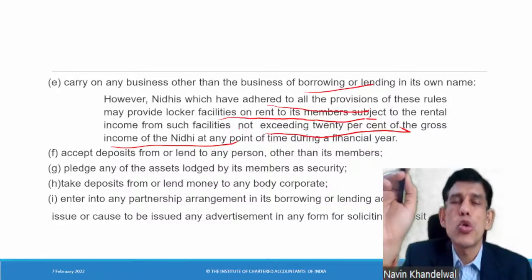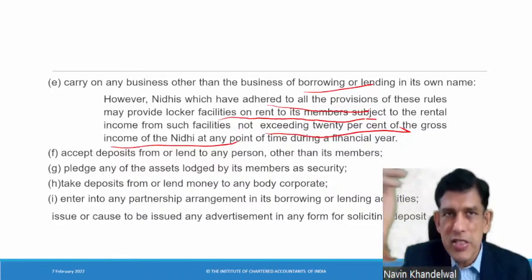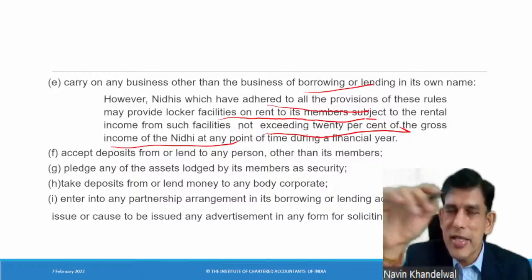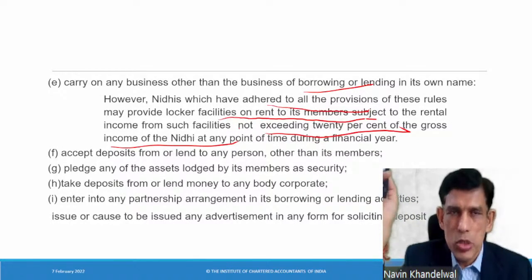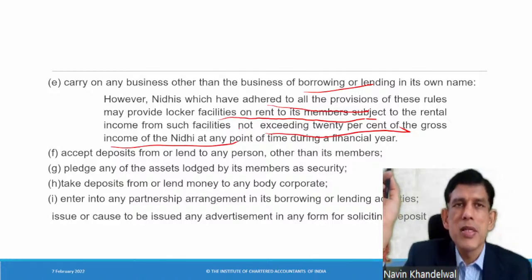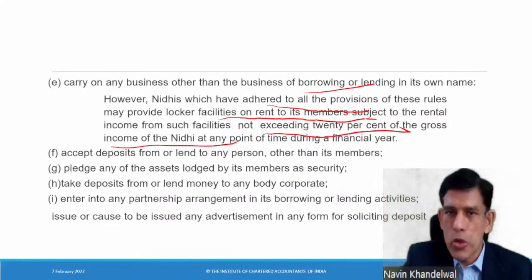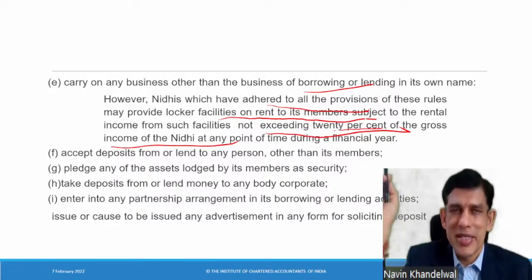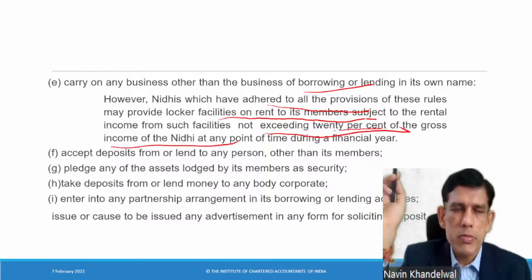This is important. So this exam question could be, can Nidhi companies do this, or a case could be created where the Nidhi company's financial data is given and it is said that the Nidhi company has entered into a new business of giving out locker facility to its members, and the income is, let's say, the total income of the Nidhi company is 10 lakhs and the income from locker rent is 2,50,000. So as per the rule, it should not exceed 20%, which is wrong. That means somehow the Nidhi company is not complying with the law. So either it should